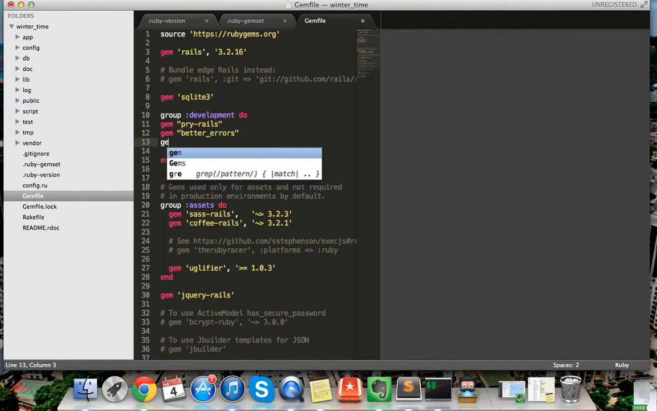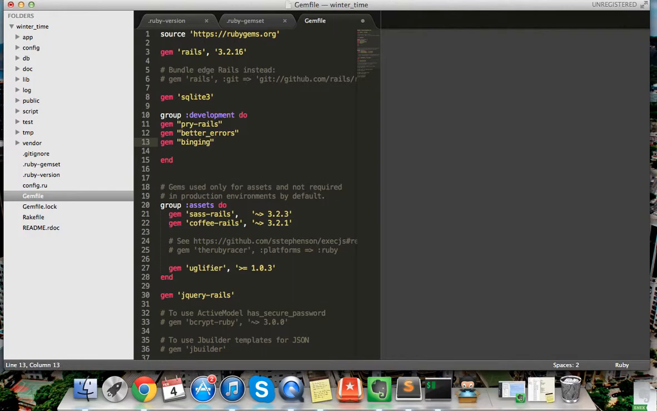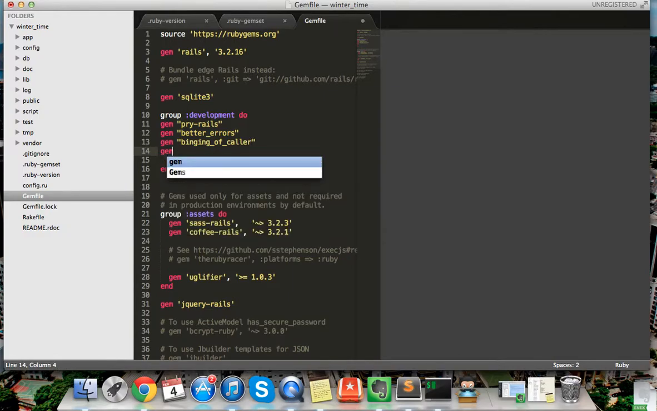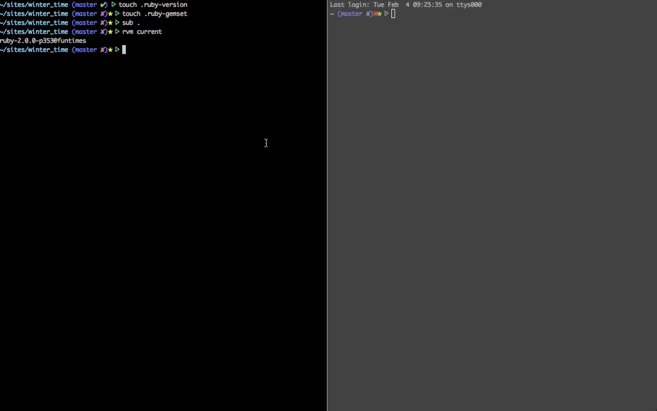Then the next two gems are kind of like, if I understand right, they enhance better errors. They are binding_of_caller and meta_request. The next one is awesome too. That is xray-rails. Okay. So once that is done, what you want to do is run